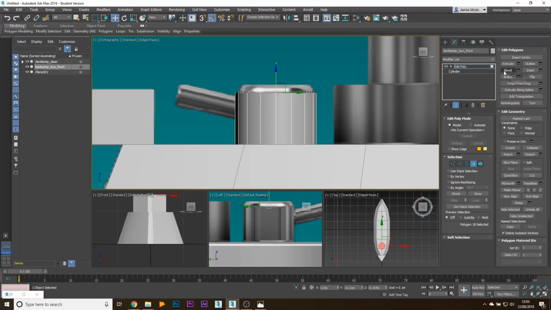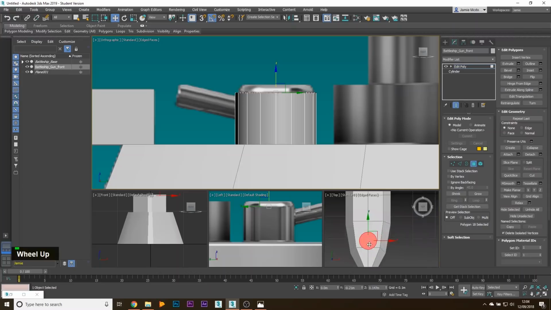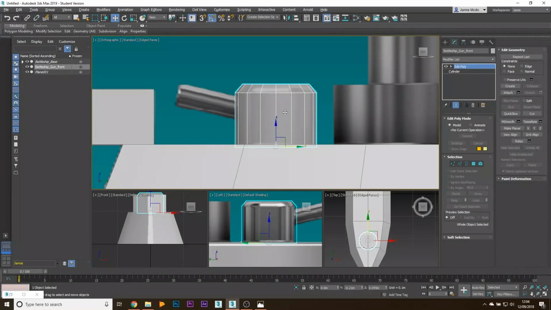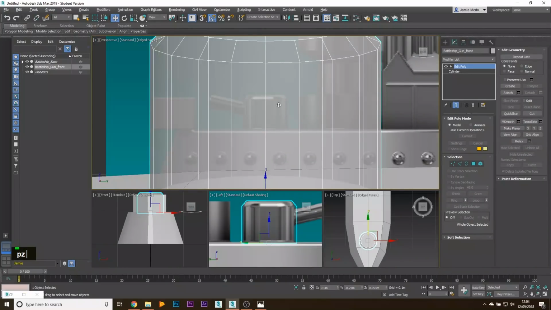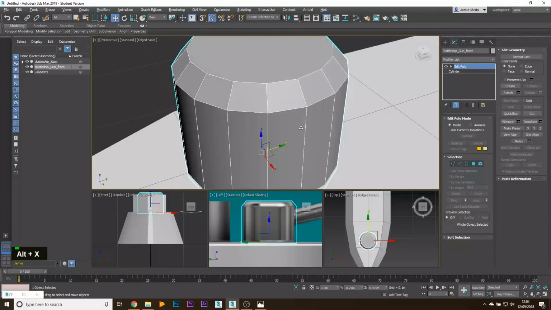So with that top polygon selected, you can see it's selected here, and if I click the settings here on the bevel tool to bring up the bevel settings, I can get some options. So I can change the height. I'm going to make sure its height is about right. I'm going to hit Alt X just so it's see-through, and then I can take in the scale of the bit we just created and make it match to something about there. Then I can hit the tick button for OK, unselect the polygon, hit P, C to look around again, hit Alt X to make sure